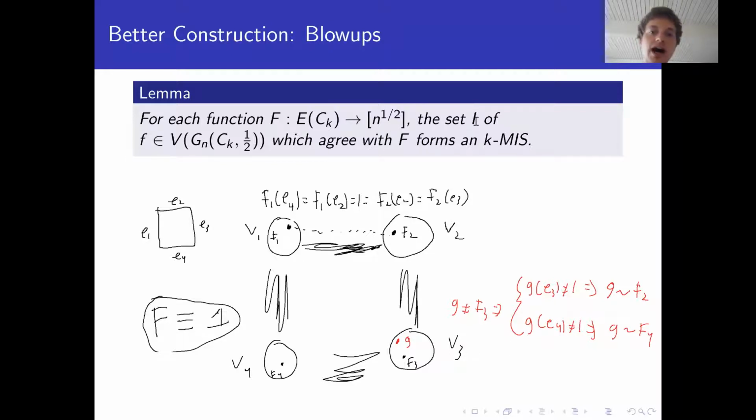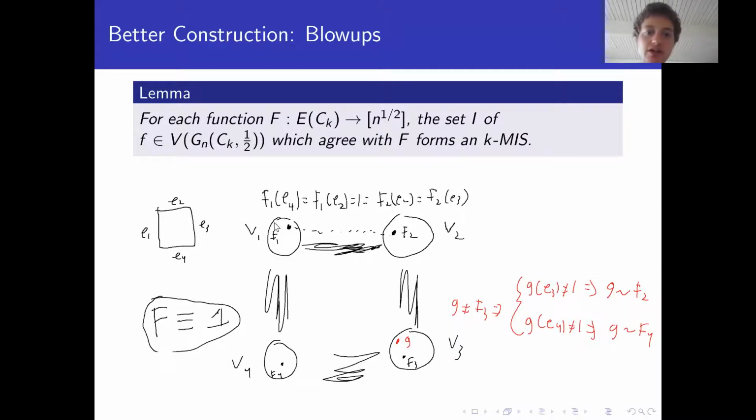So what is I? Well, in particular, I contains the function F1, which is in capital V1 and which sends E4 and E2 equal to 1, because this function F agrees with this big F. Similarly, it contains F2, which sends E2 and E3 equal to 1. And more generally, each blob has a unique function F, which agrees with capital F. So the claim is that this is, so clearly this set has K, and we want to prove it's maximal